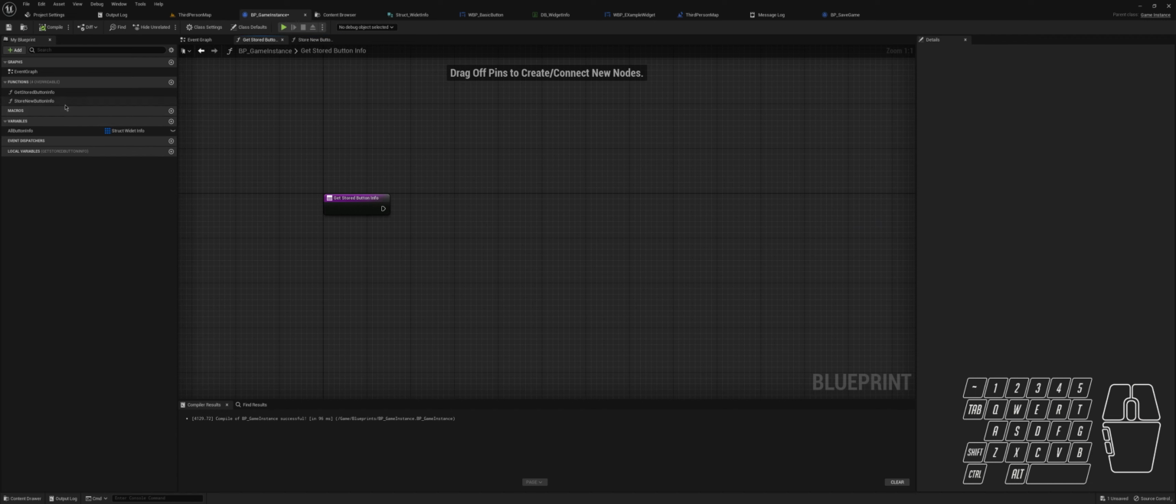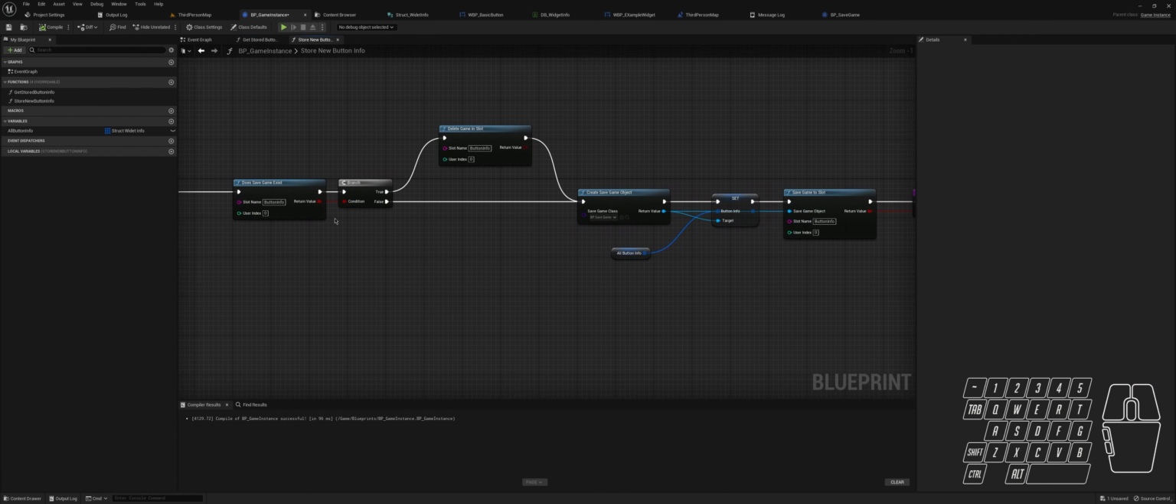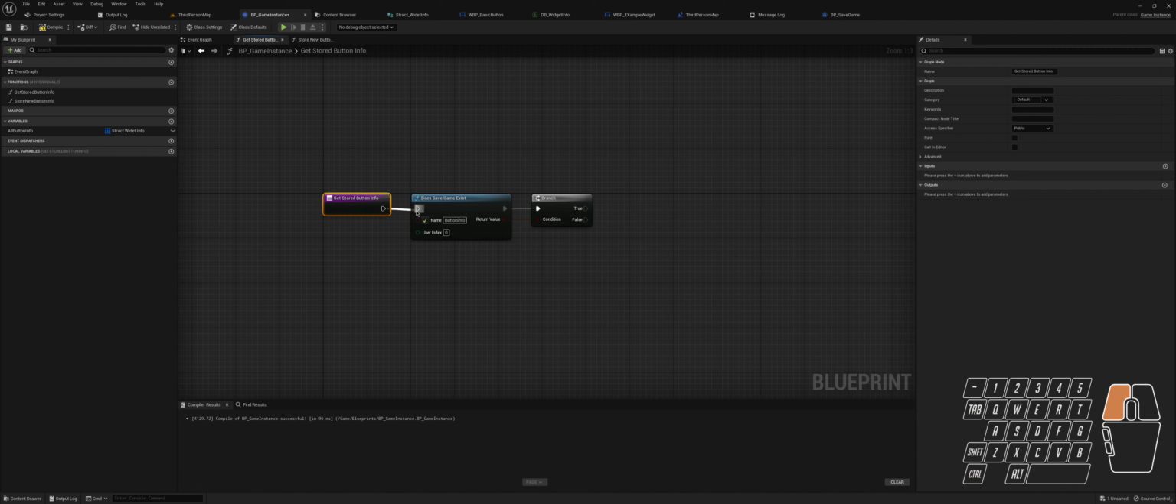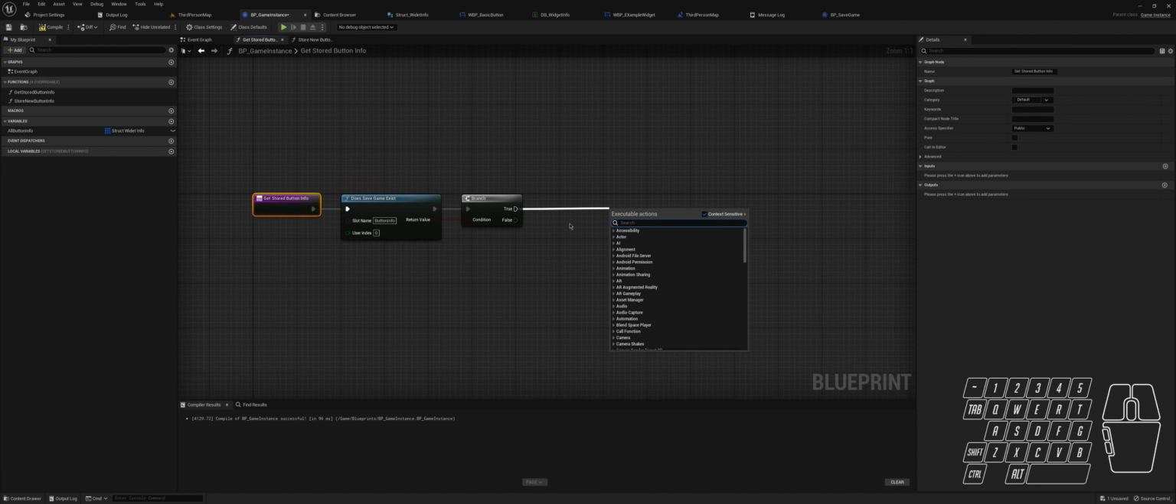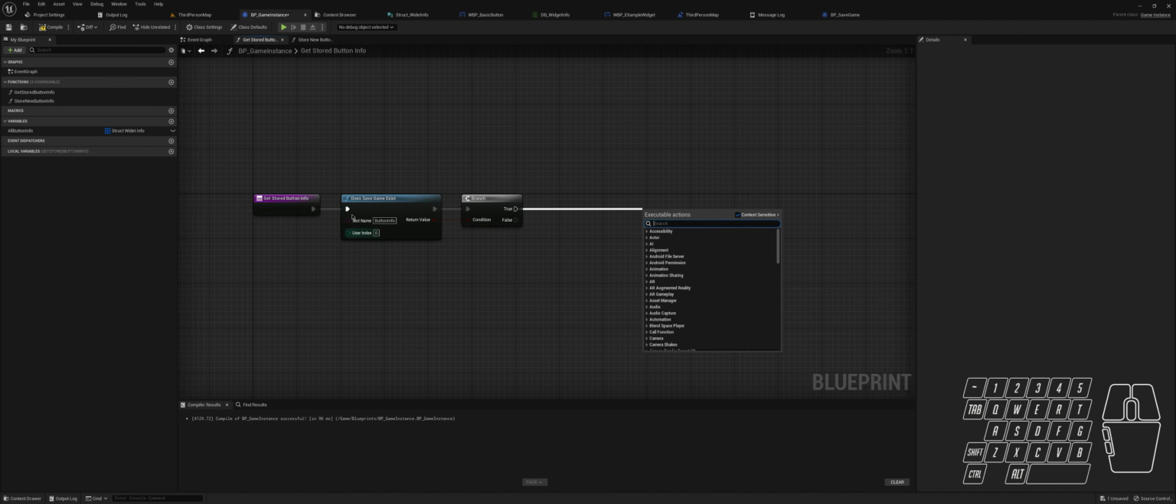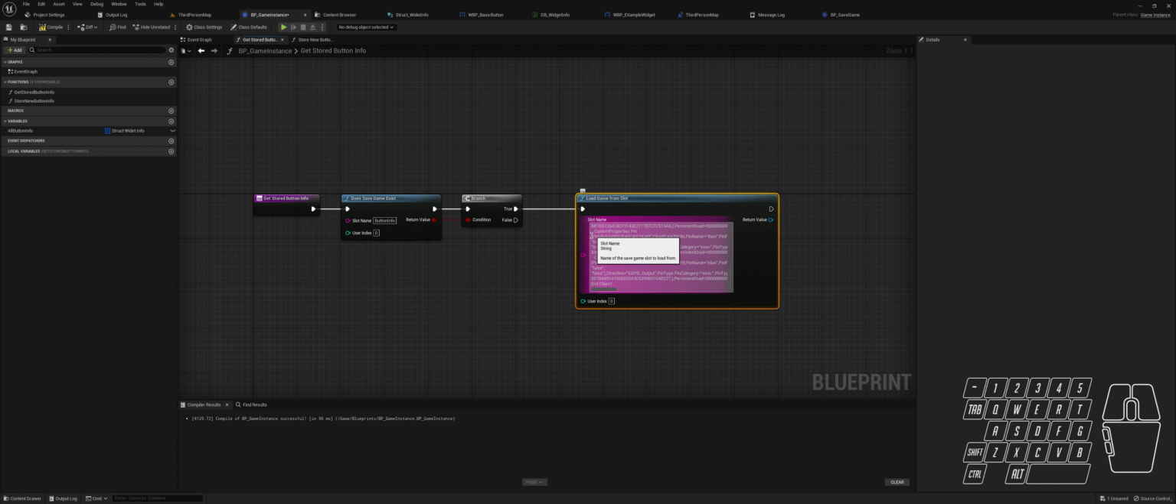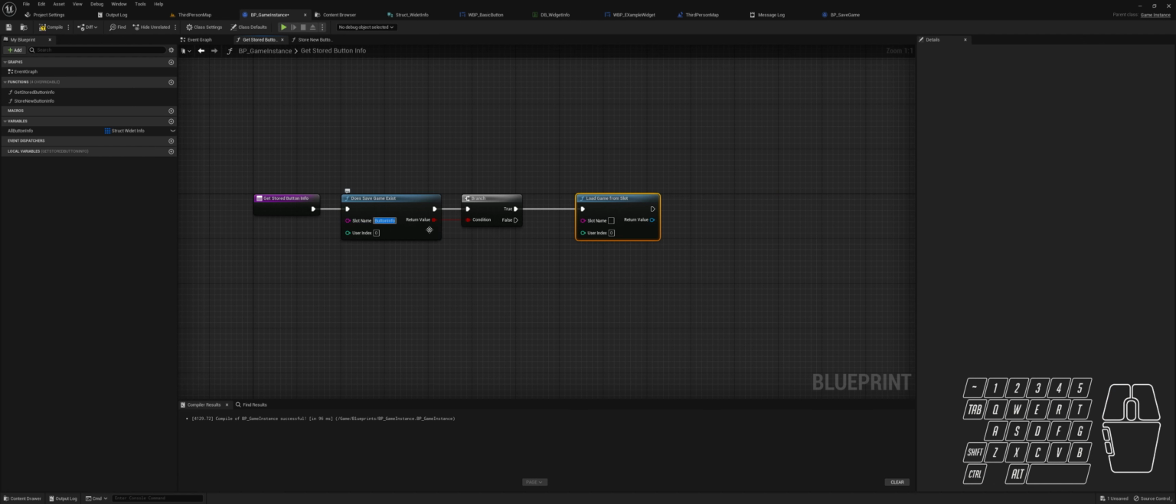So we will get does game exist. So we will just copy this part, and if this is true, if the save game exists, like the game exists, so we will just get the save game, go load game from slot. We will pass the slot name, sorry, not this, it's button info,